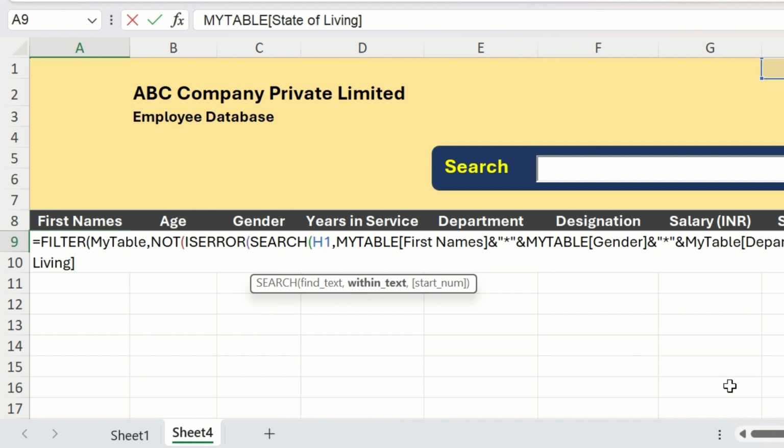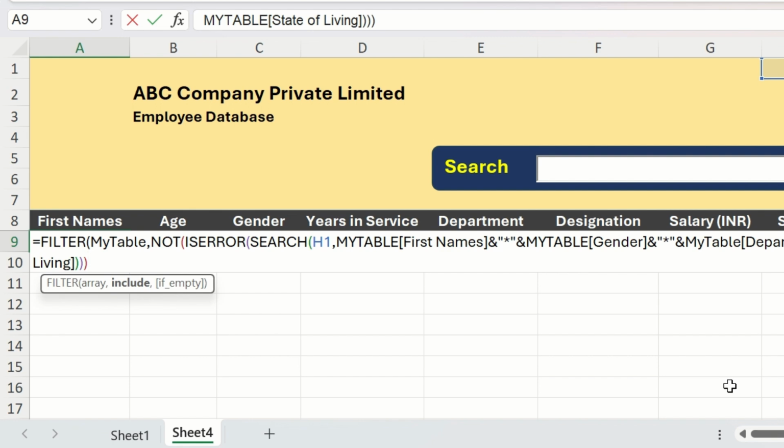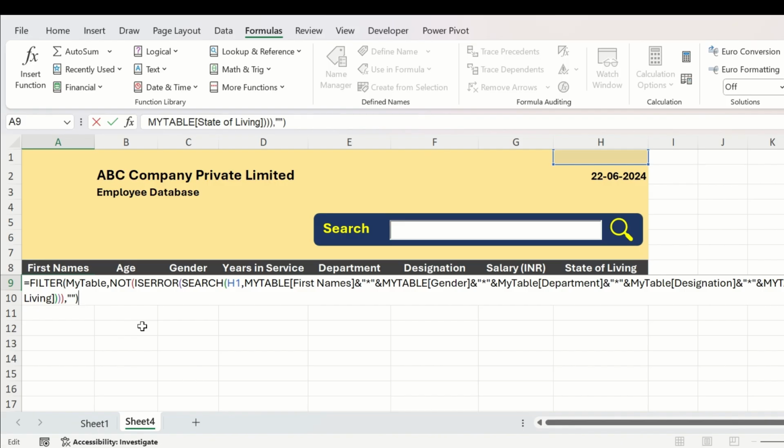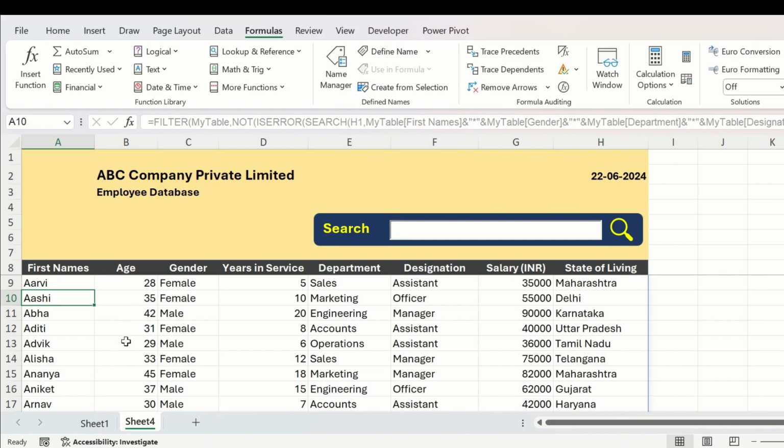Now we will close the bracket of search function, bracket of ISERROR function and bracket of not function. Now again we are within the filter function. We'll provide one comma, and now you see Excel is asking for another optional parameter, that is if empty. Provide it as blank because we don't want any null value to return. If no record is found as per the given criteria, then it will return a blank. Let us close the bracket and hit enter,